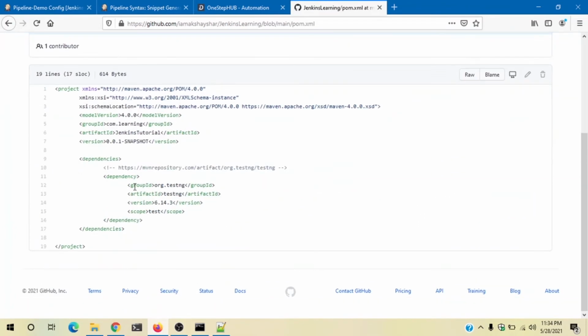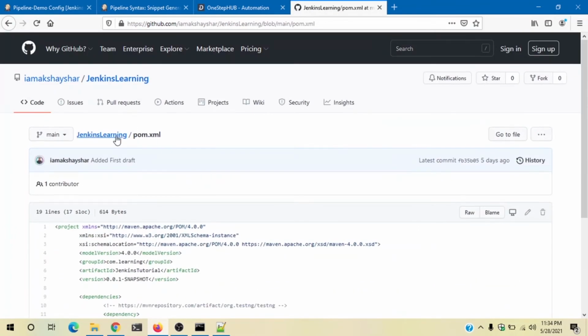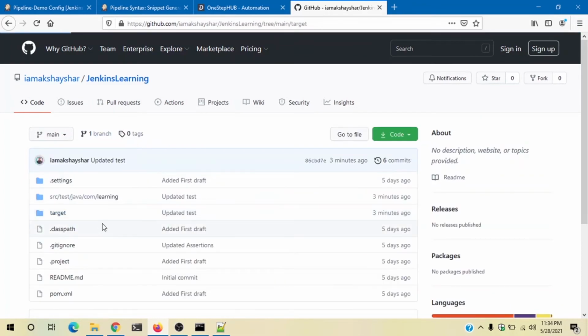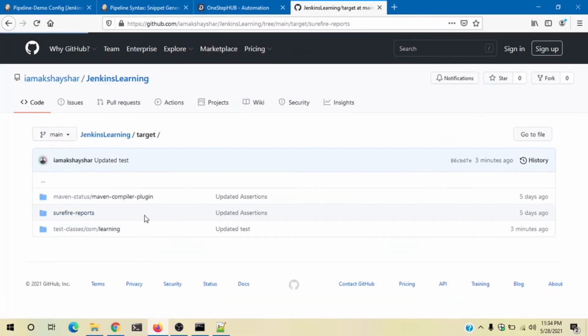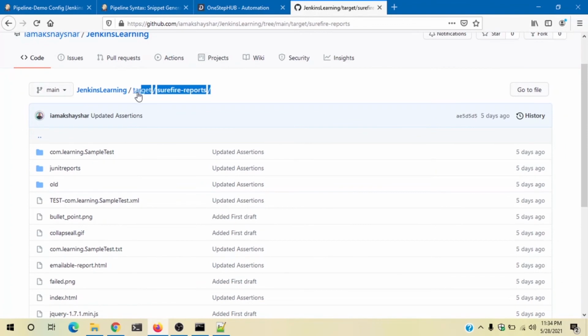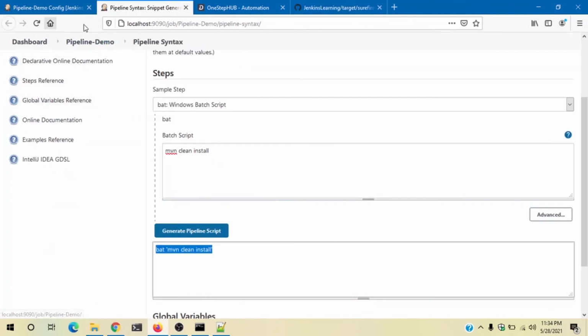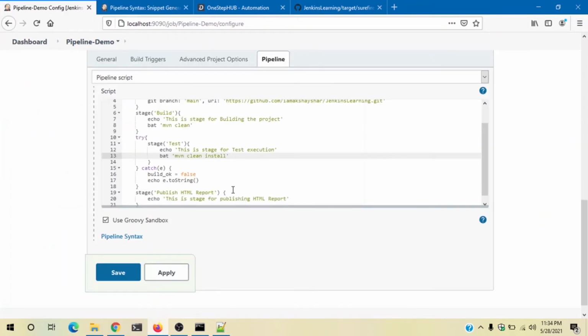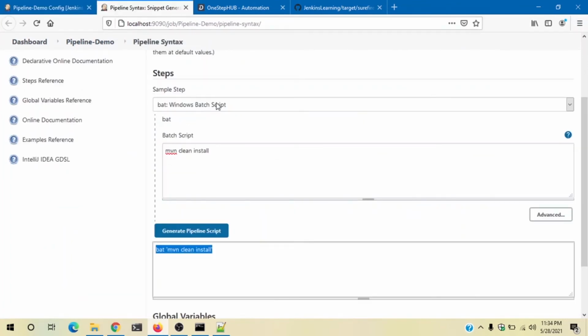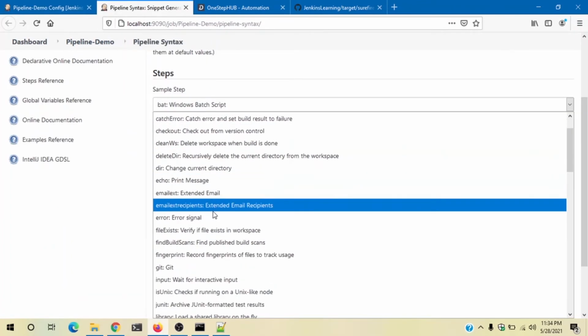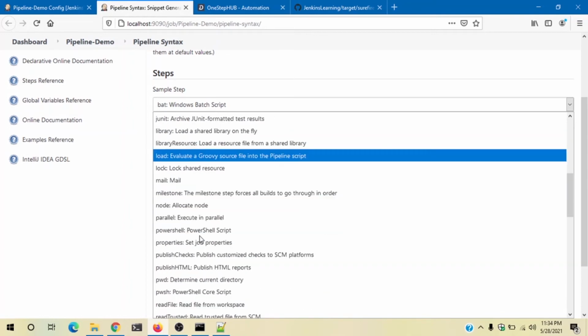Now I know that this project is a TestNG project, and it generates a TestNG report. It goes into the target folder and the surefire report. I'll copy this path. And in the next section, we have to publish the HTML report.